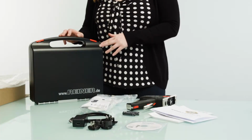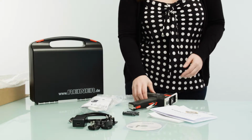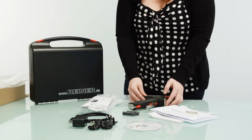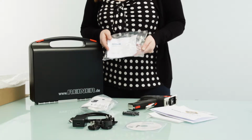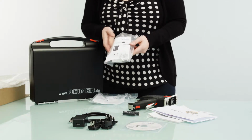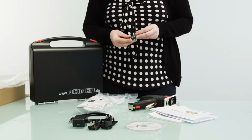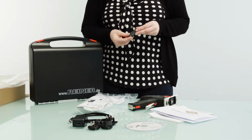Your Speedy Marker 940 comes with its very own carrying case. Inside you will find the Speedy Marker 940, cartridge clip to keep your cartridge fresh. This is an additional one. The Inkjet cartridge, 2 AA rechargeable NiMH, also known as nickel metal hydride batteries,